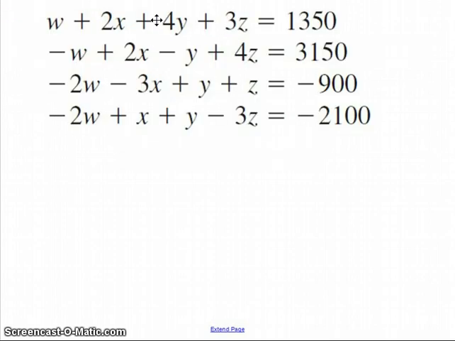Okay, so let's say that we have an even more complicated system of equations than we've looked at before. The most complicated we've looked at up until now has been a 3 by 3, as I call it, and that means in that case you would have 3 equations with 3 variables. In this case we've got 4 equations, and notice we've got 4 variables, w as well as x and y